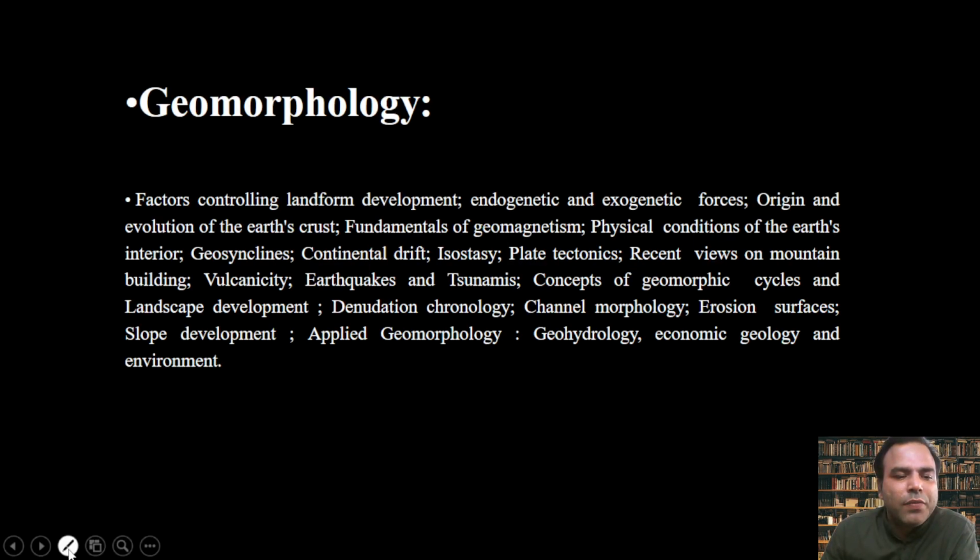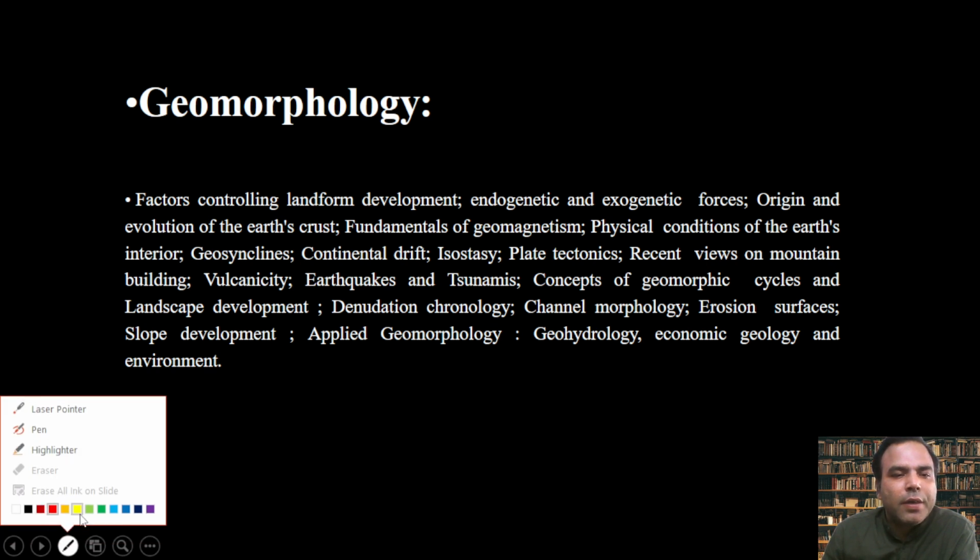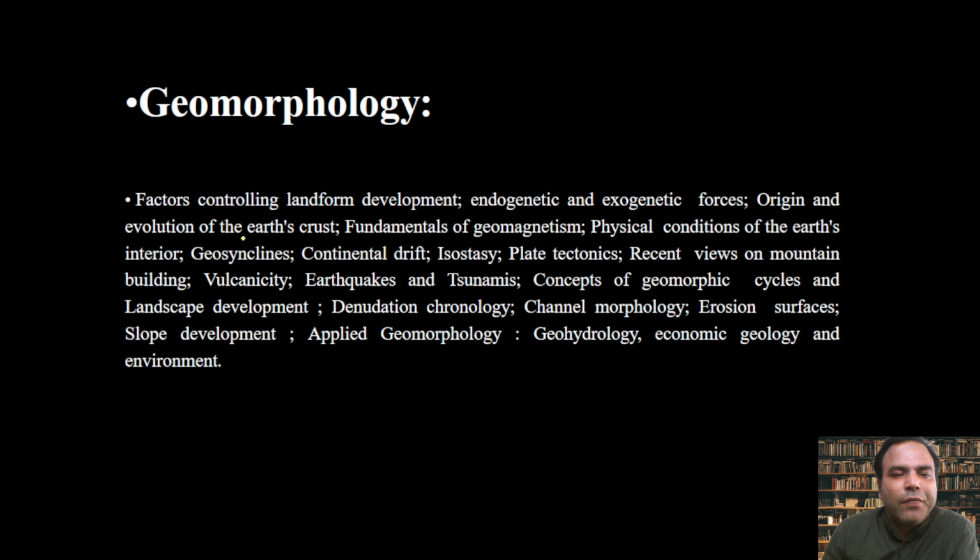As per the syllabus given by the UPSC, it has these following areas: factors controlling landform development, endogenetic and exogenetic forces, origin and evolution of the Earth's crust, fundamentals of geomagnetism, physical condition of Earth's interior, geosynclines, continental drift, isostasy, plate tectonics, recent views on mountain building, volcanicity, earthquake, tsunami, concept of geomorphic cycle and landscape development, denudation chronology, channel morphology, erosion surfaces, slope development, applied geomorphology in the fields of geohydrology, economic geology, and